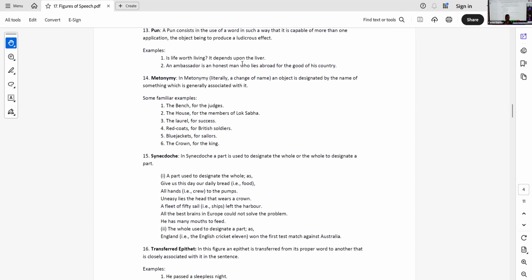A very simple example is, write down, the pen is mightier than the sword. Likho. You must have heard of this. The pen is mightier than the sword. What does the pen represent? Pen, likho pehle, pen is mightier than the sword. And underline pen, below pen, write down author, writer.